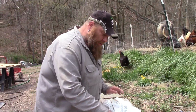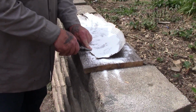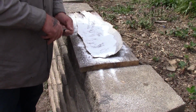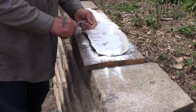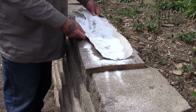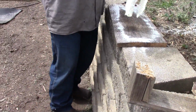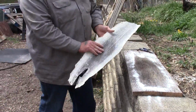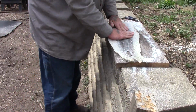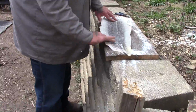Okay guys, I am pulling the staples out. Remember how we had it stapled to this plank here, and for video's sake I already pulled most of the staples out already. Now this is just borax and it's a natural thing, so we're going to just dump it off. You can see that there wasn't a whole lot that the borax soaked up. It was still pretty dry just from drying on its own,